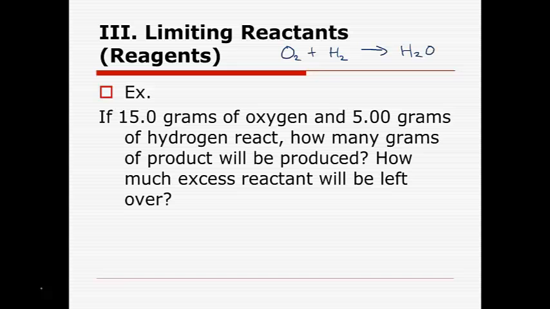Next thing, balance it. I need 2 O's. That gives me 4 H's. I need 2 there. Now we have 15.0 grams of O2 and 5.00 grams of H2. Change them both into the product. There's only one product, so